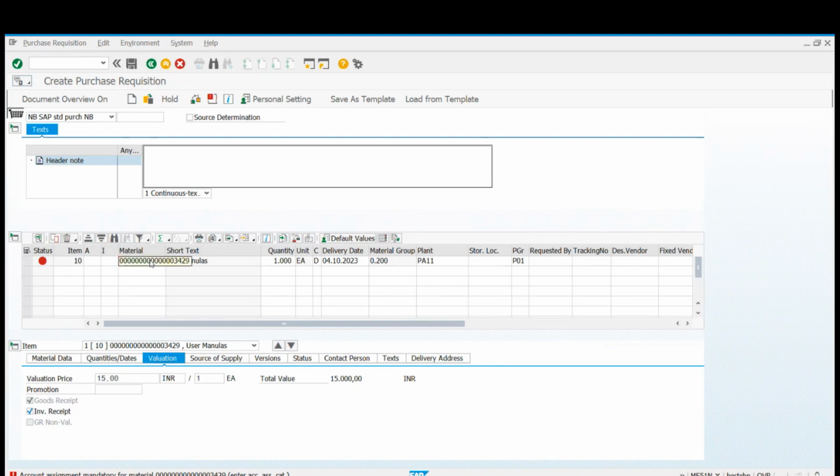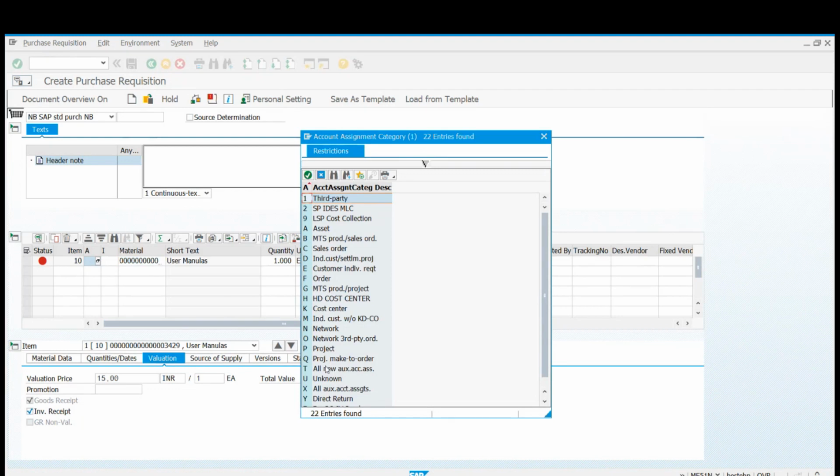This is UNBW material where there is no value update selected. So when there is no value update selected, system will give you this error because system has to post its value to any GL account at the time of goods receipt. तो system को वो GL account नहीं मिलेगा because इसमें अकाउंटिंग डेटा नहीं है, तो उसमें वैल्यूएशन क्लास नहीं है, तो उसे GL अकाउंट नहीं मिलेगा. तो हमको सिस्टम को GL अकाउंट का इनपुट देना है. For that reason, system will ask you to enter an account assignment category.